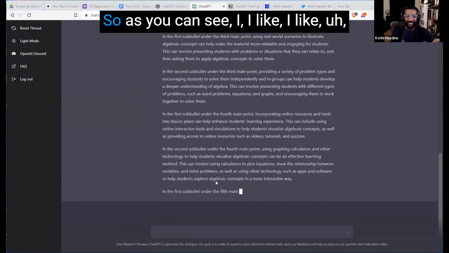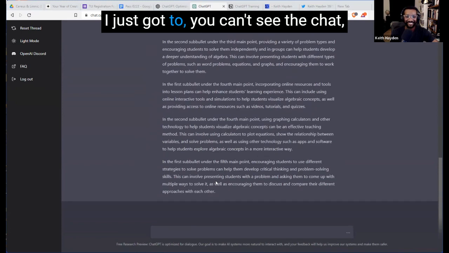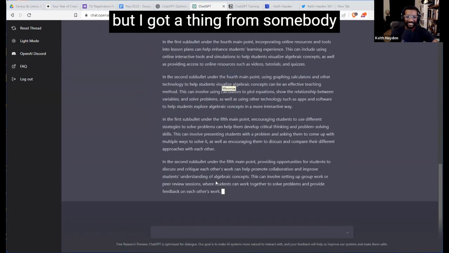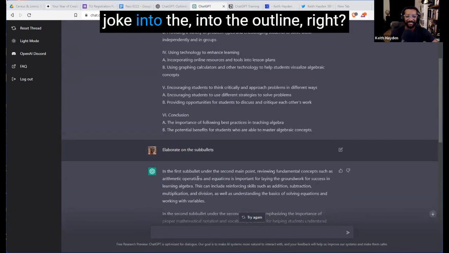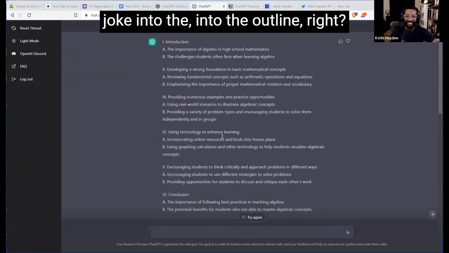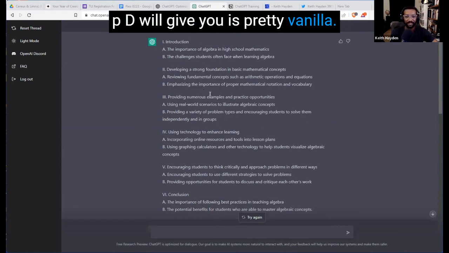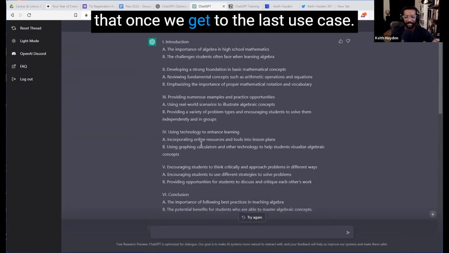So as you can see, you can't see the chat, but I got a suggestion from somebody in attendance to insert a joke into the outline, right? Because the outline ChatGPT will give you is pretty vanilla. It's pretty plain. It's not a lot of personality, and we'll talk a little bit more about that once we get to the last use case.